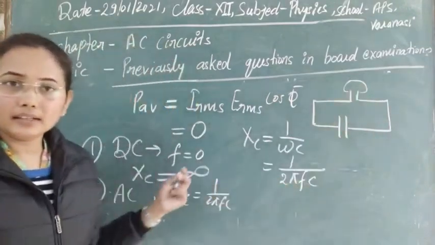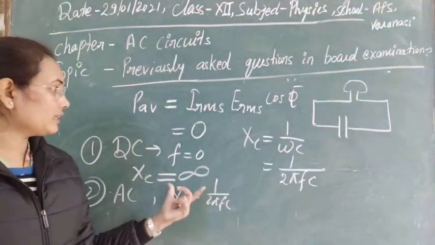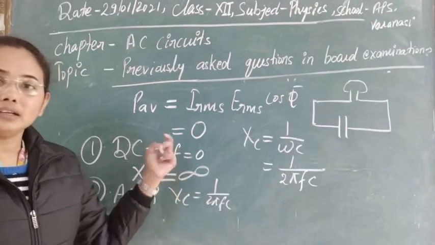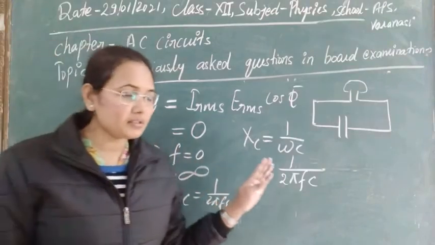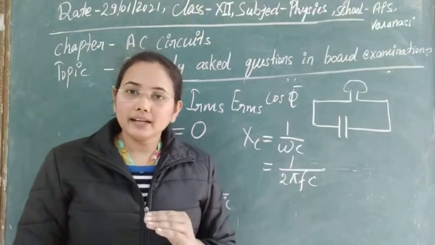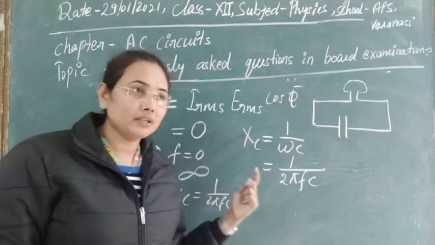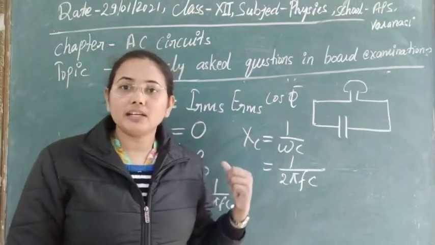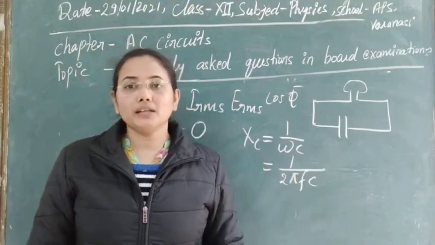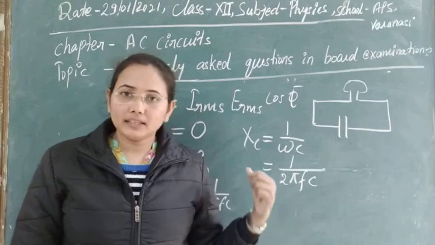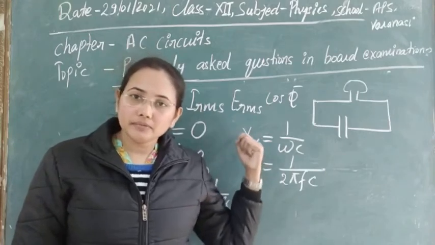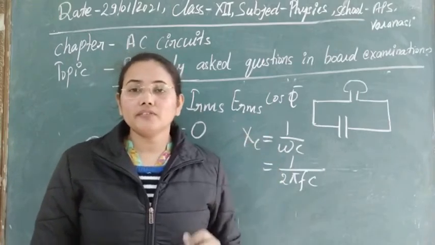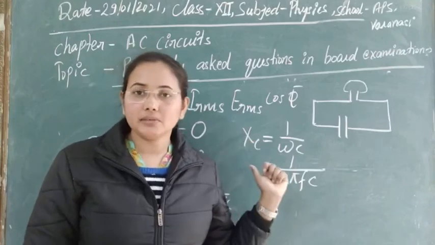In another manner, obviously if you are seeing that for DC, this capacitive circuit blocks DC, and it easily allows AC signals to pass. So that type of circuit we can even use to make filter circuits. So I think now that is clear. So if the question is asked for the filter circuit, then the answer will be like that.